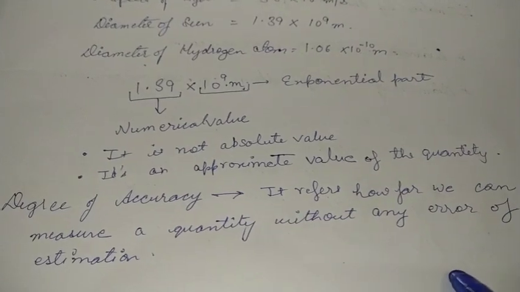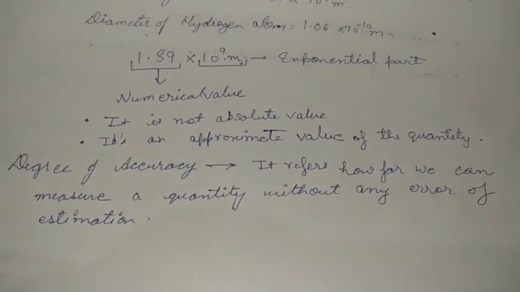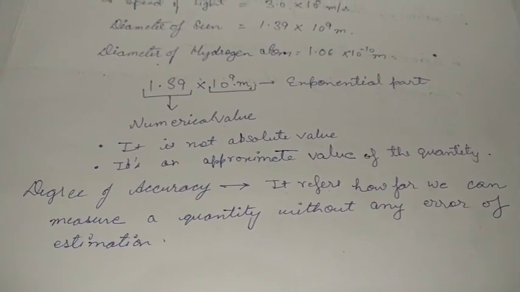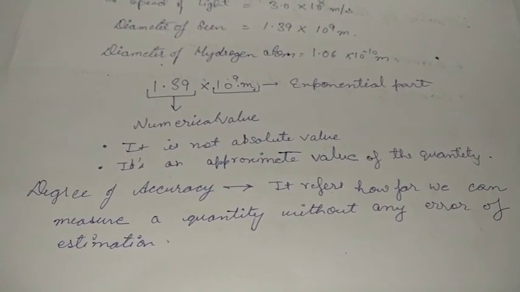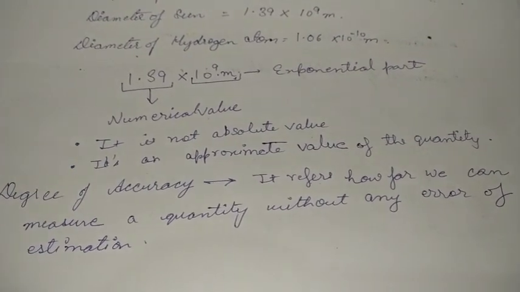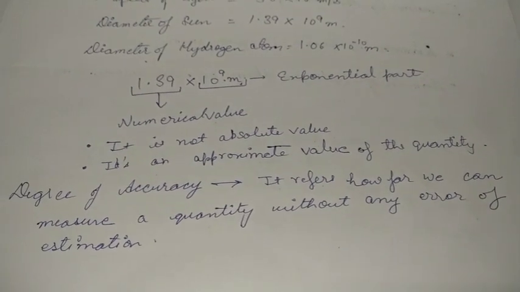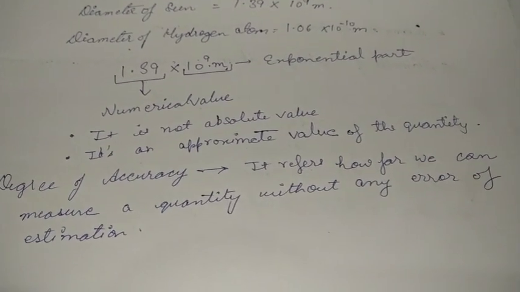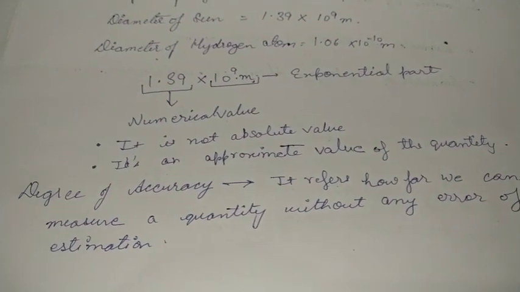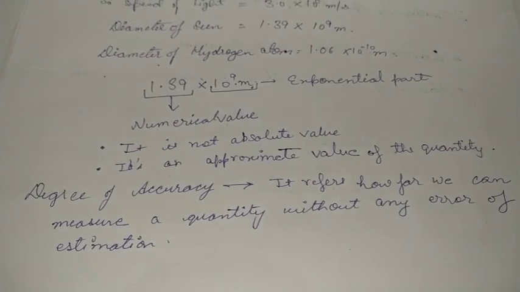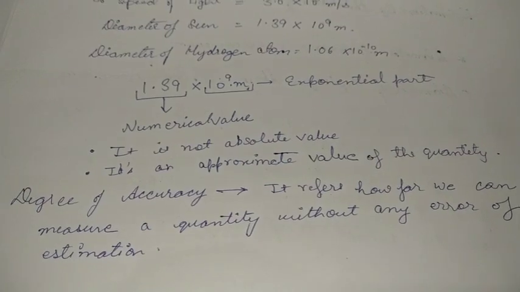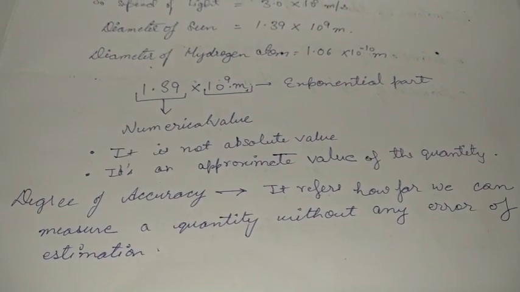Now degree of accuracy will depend upon a few factors. The basic thing that it depends upon will be the number of places. How many places are you taking for a particular quantity? That means, are you taking one place of decimal, two places of decimal, three places of decimal? The more places of decimal, the more precise your answer will be and the more accurate the value is going to be. So for that, the degree of accuracy refers to the precision that has to be maintained. That's the very important thing over here.